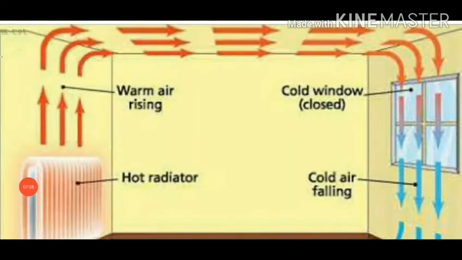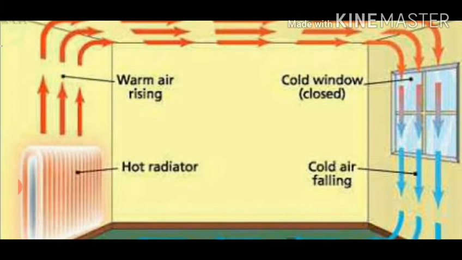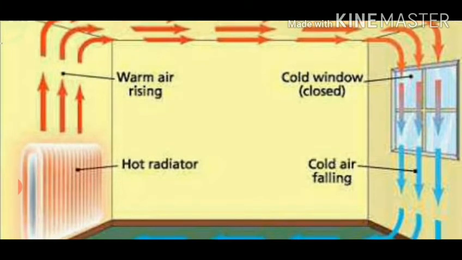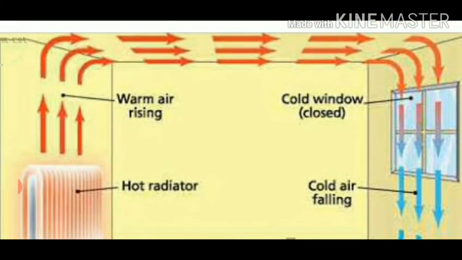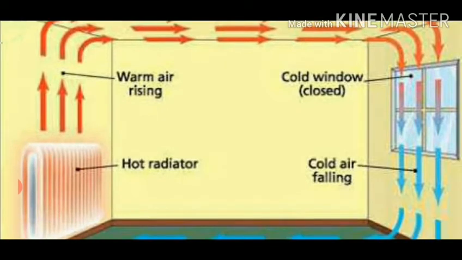Now let us study some practical applications of convection in our lives. Have you ever imagined why room heaters are always kept on the floor in a room? The room heaters are kept on the floor so that the air near the heater heats up and rises, forcing the cooler air to move down, setting up a convection current. And this is how the heater helps to keep the room warm.